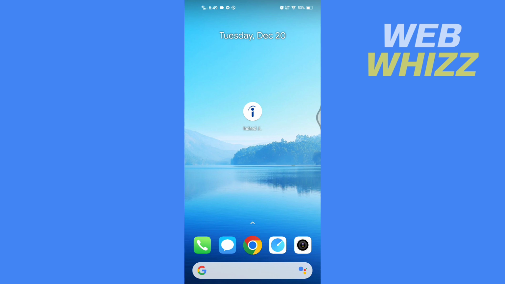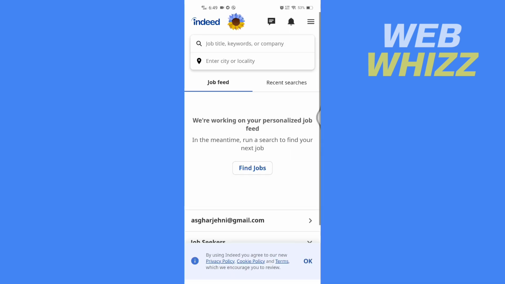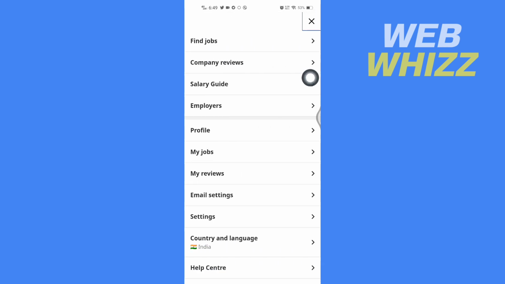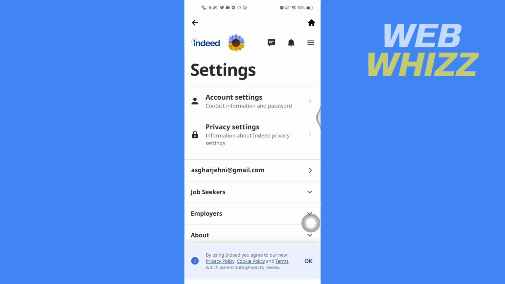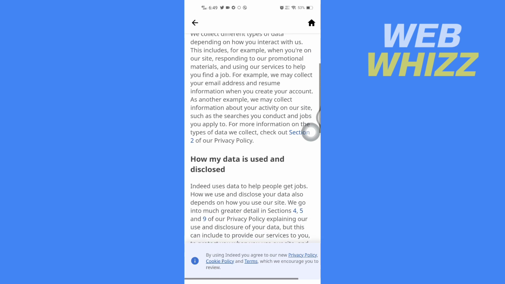So first open up your Indeed app, and once you're on your Indeed app you have to tap on these three lines in the top right corner here, and then tap on settings. And now here in settings tap on privacy settings. Now here in privacy settings scroll down,